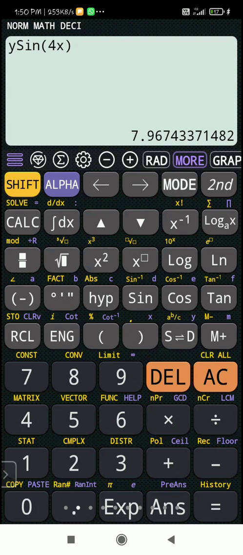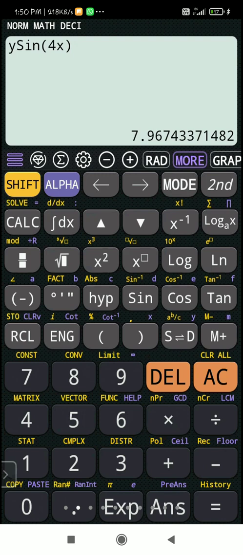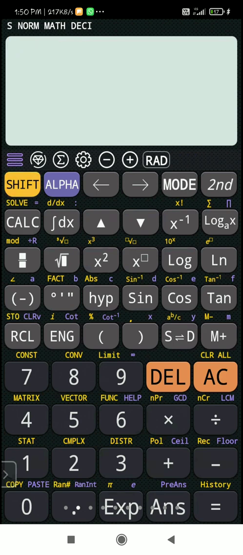Okay, Damadeep, you are getting a different answer, maybe because your mode is degree mode or something is wrong in your formula, right? So this is the value for sin 4x. Now I am done with the value for pi by 6. Now let us do it for 2 pi by 6. Now 2 pi by 6 is nothing but pi by 3. So my x is, see the calculation technique again, x is pi by 6. How to get pi? Shift and pi by 6. Okay, so this gives me the value of x.